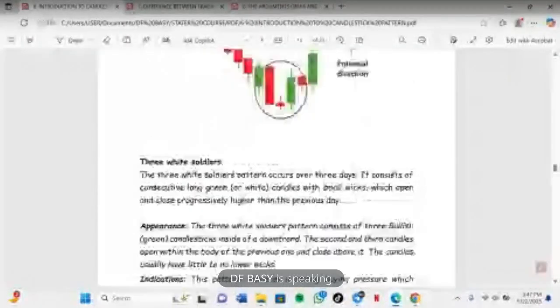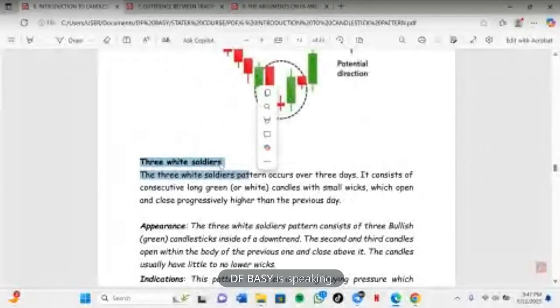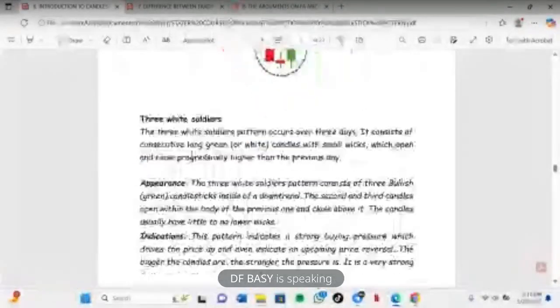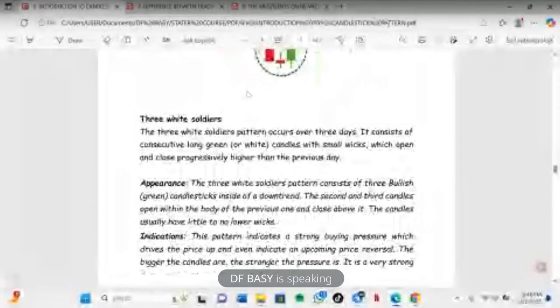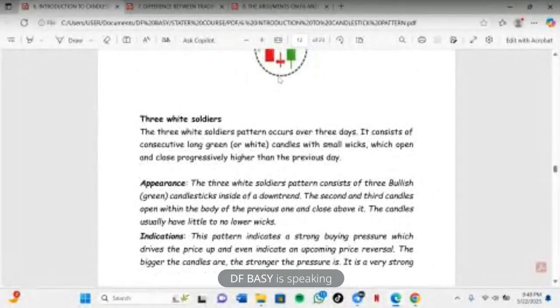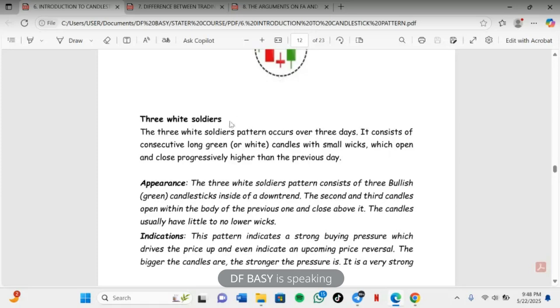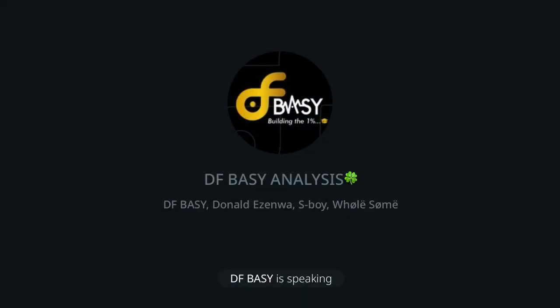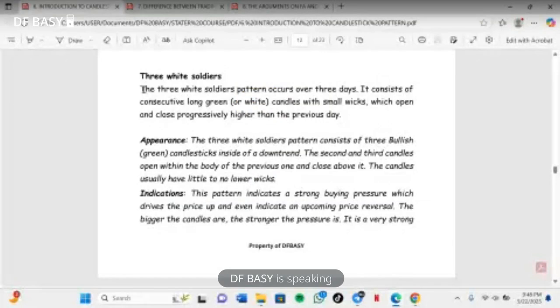So then we have another candlestick pattern. We have the three white soldiers. I don't really use this candlestick pattern, but it comes out just like the hammer, the engulfing, and the morning star, which mostly come out back to back. Three white soldiers also come out back to back, but you need to really spot them. You need to be sensitive enough to notice them. They might not show the way we see them in the textbook,